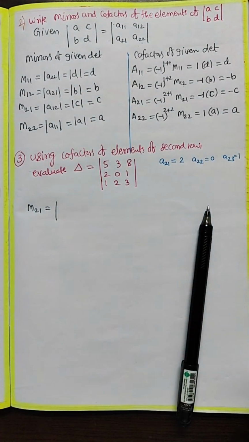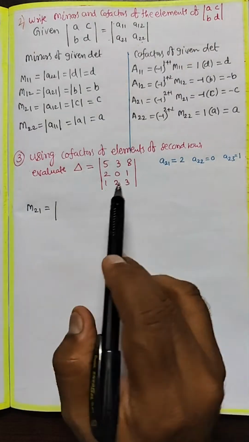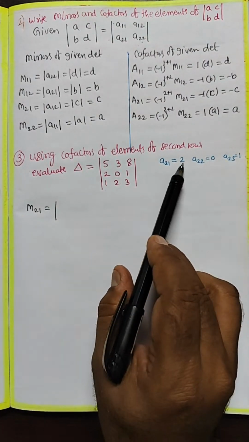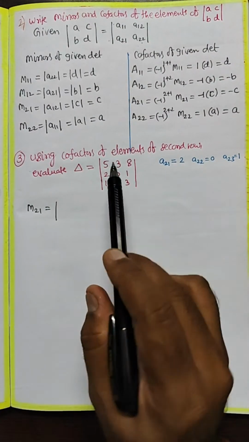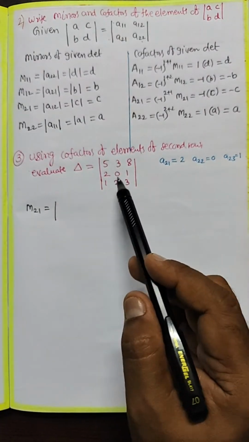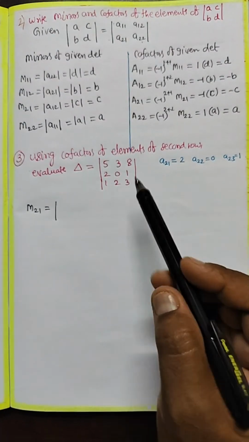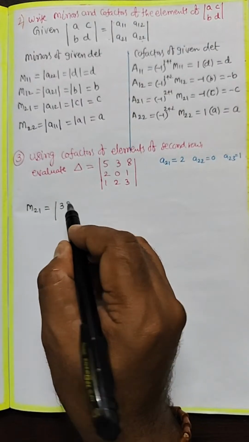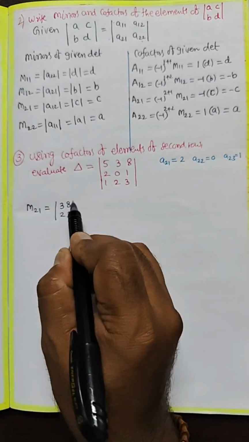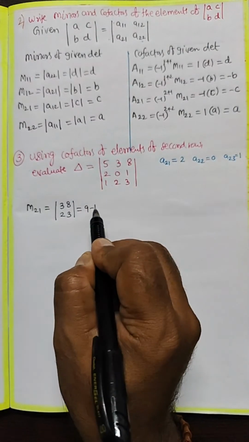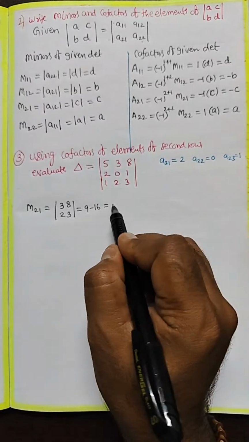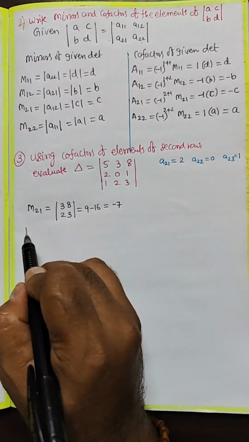A21 element is 2, no? So if we eliminate this row and this column, the determinant 3823 will be formed, which is equal to 9 minus 16, which is equal to minus 7. Next,